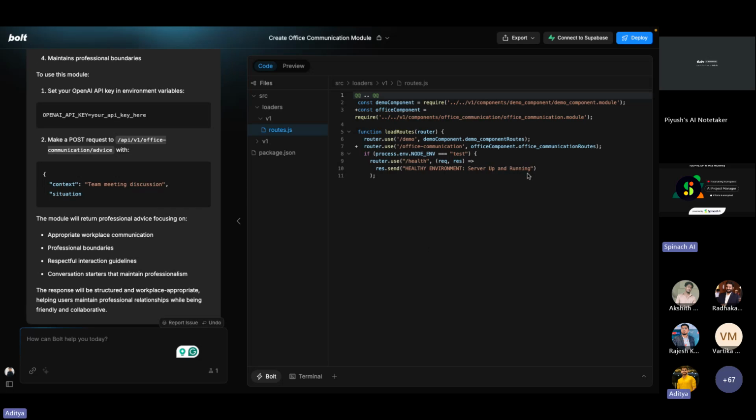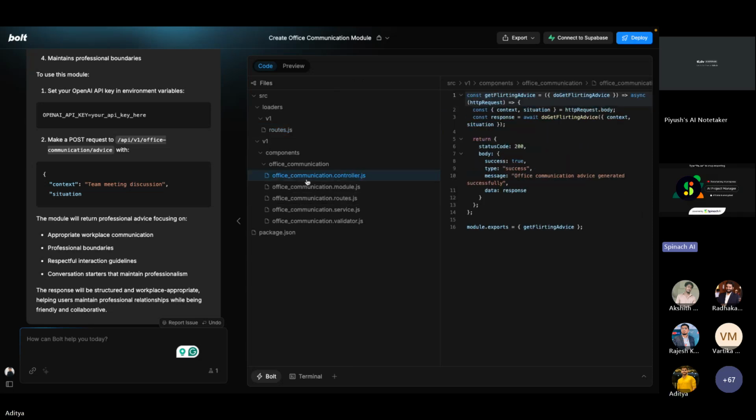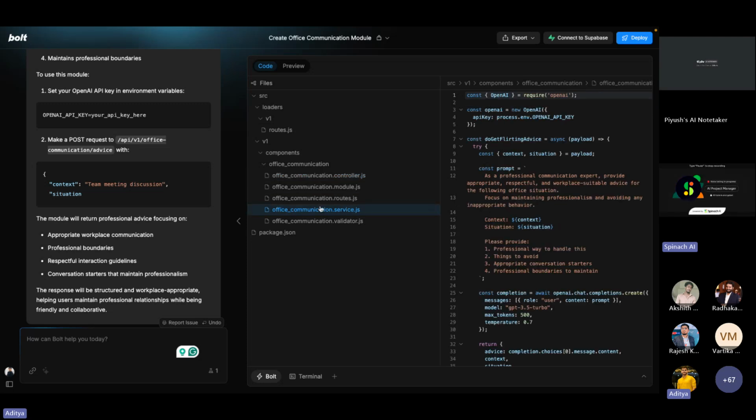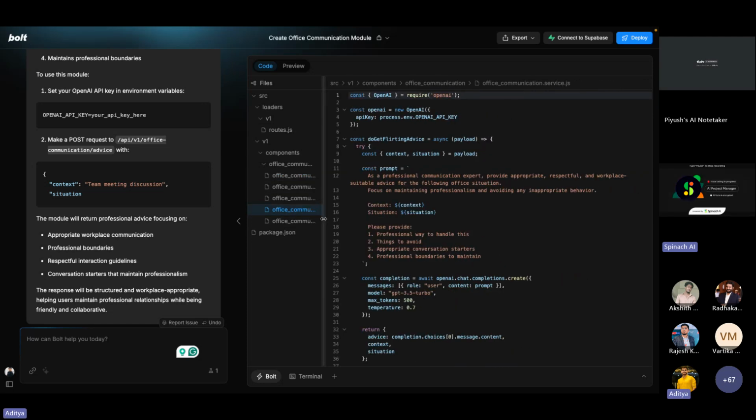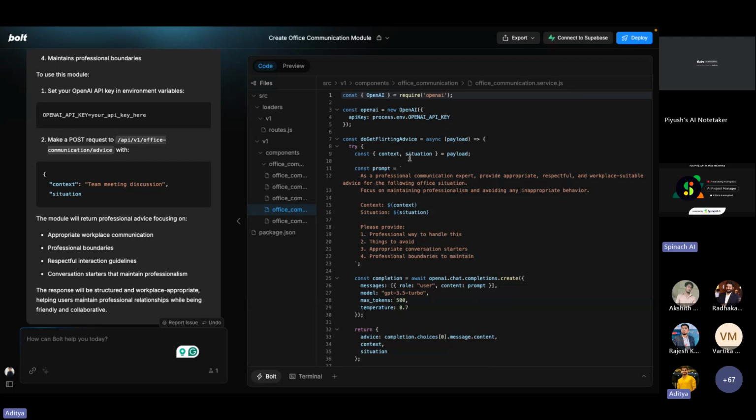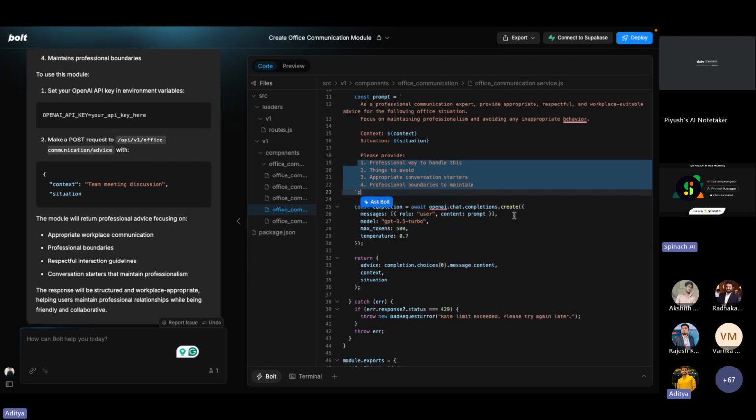सो यहाँ पे इसने जनरेट तो नहीं किया है कोड वैसे। अच्छा, ऑफिस कम्युनिकेशन के अंदर, अच्छा हाँ, इसने जनरेट कर दिया कोड हमारा। तो अगेन कंट्रोलर में इसने अब सही से चीज़ें बना दी हैं। सर्विसेज में देख लेते जहाँ हमें लॉजिक लिखा गया है, तो इसने सही से एक कॉन्टेक्स्ट और सिचुएशन लिया है, और एज अ प्रोफेशनल कम्युनिकेशन एक्सपर्ट प्रोवाइड अप्रोप्रिएट रिस्पेक्टफुल, और इसने कुछ कॉन्टेक्स्ट दे दिया है। कॉन्टेक्स्ट क्या है यहाँ पे, और प्लीज प्रोवाइड दीज थिंग्स, और ओपन एआई को भी दे दिया है।